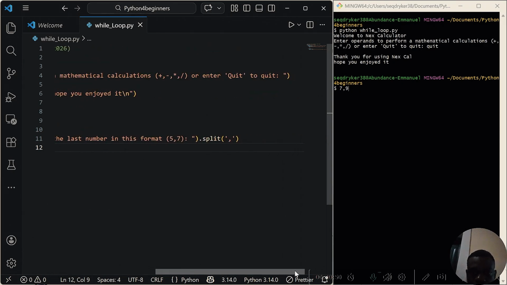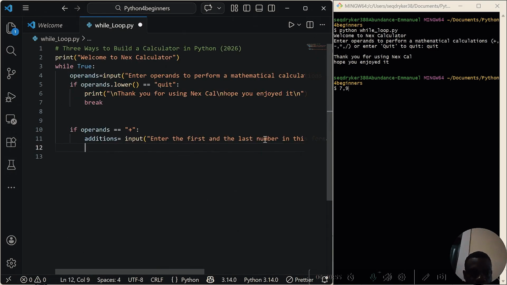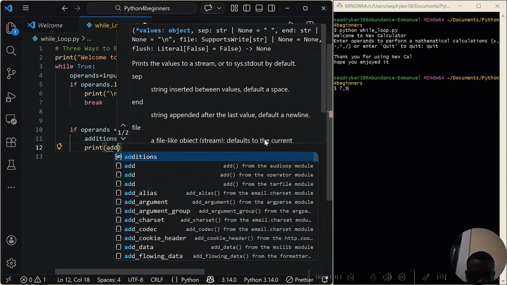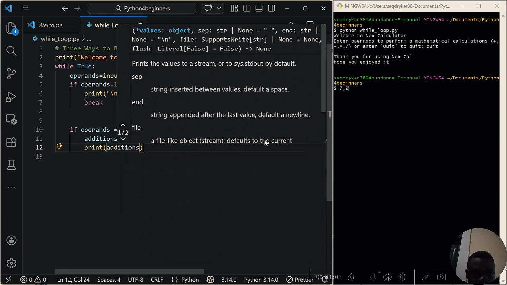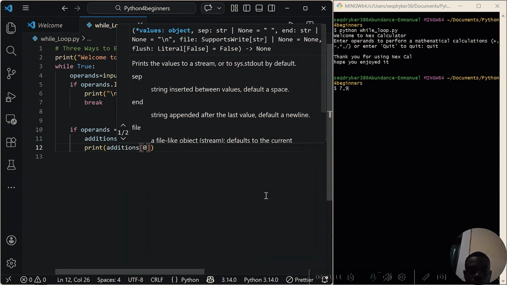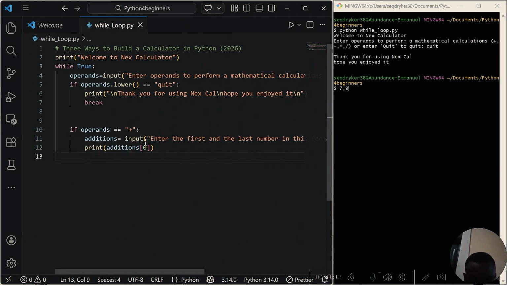You're going to love it. So, dot split here. Let me show you what this dot split does. I'm going to say print. Let me print addition. This is how you print something, by the way. I'm going to print addition, what is in the index of 0. So what am I saying? If they input a number here,